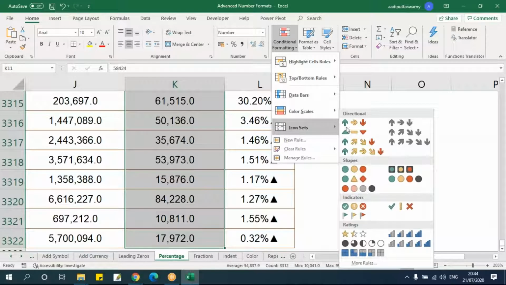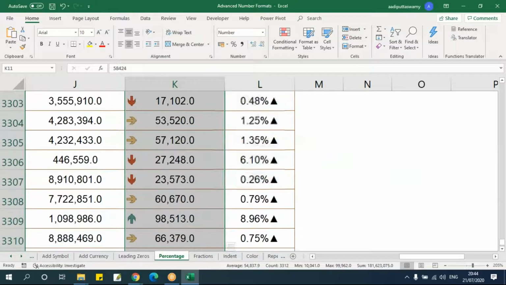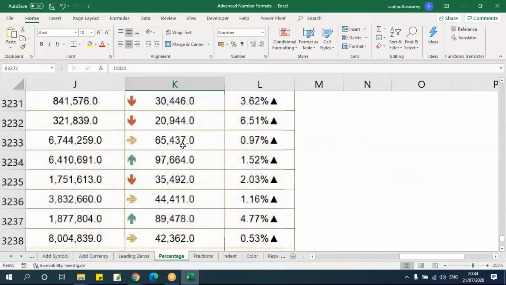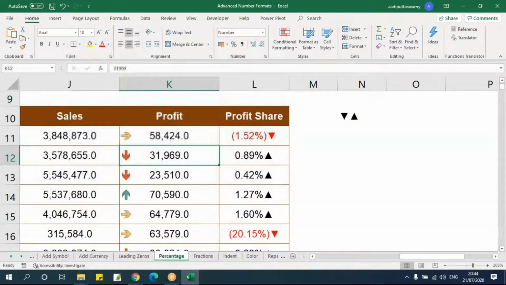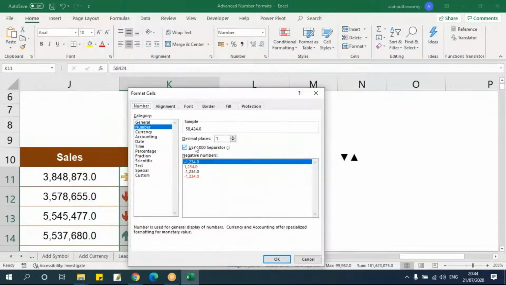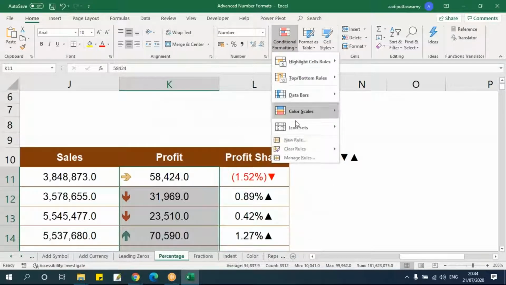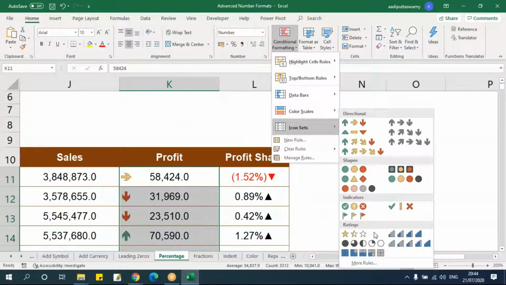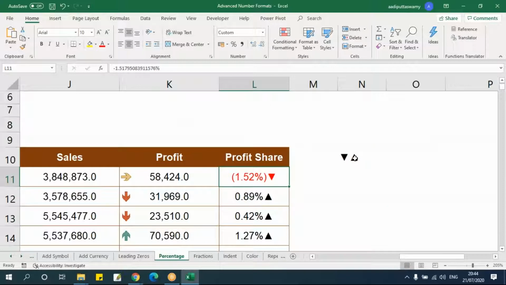These indicators or icon sets are available only from the 2007 version, but in 2003 we didn't have them, so we used to use these options. Now we have this. Just click on this and I'll get these options like this. So I can use this as well. But this is customized, so I can use anything. Here these are all predefined. If you want something other than this arrow mark, you can go to this symbol.